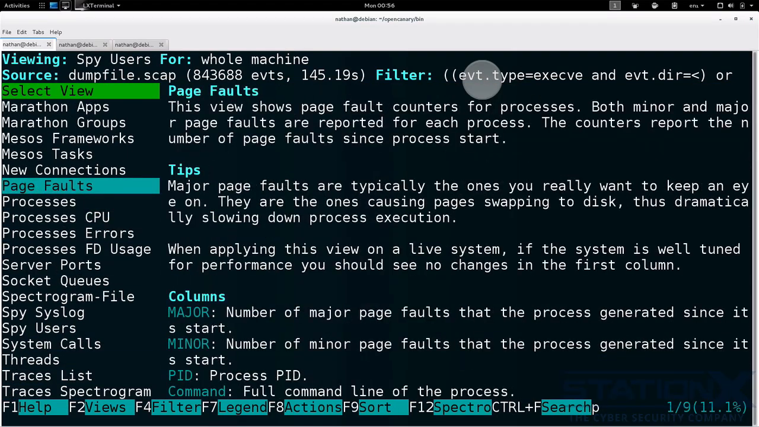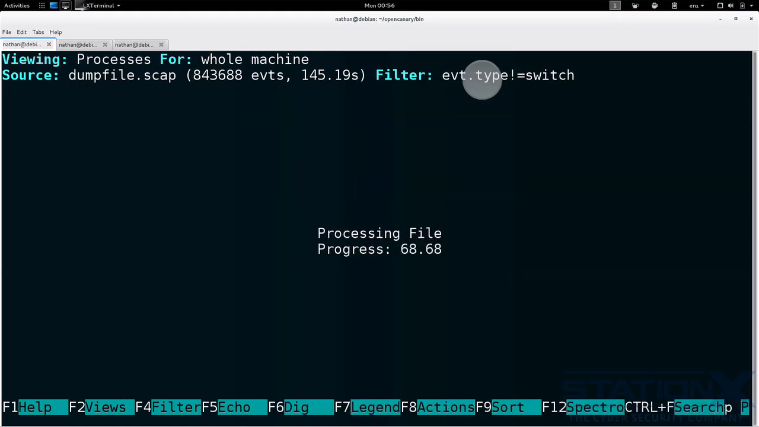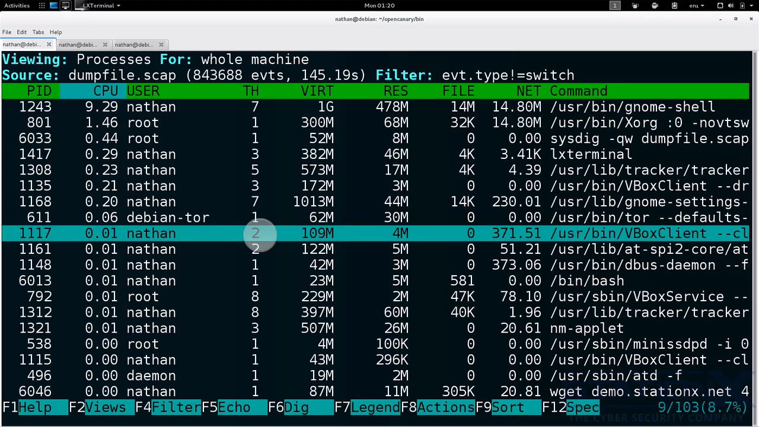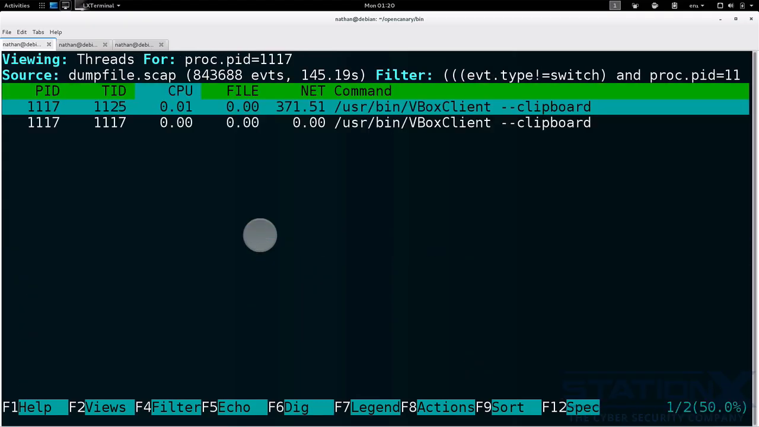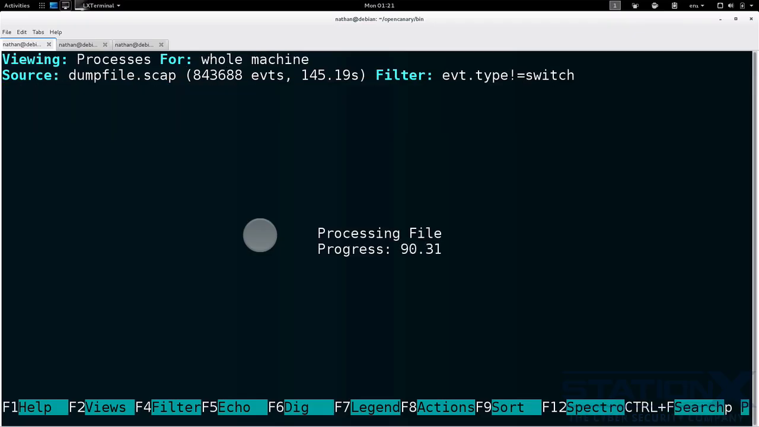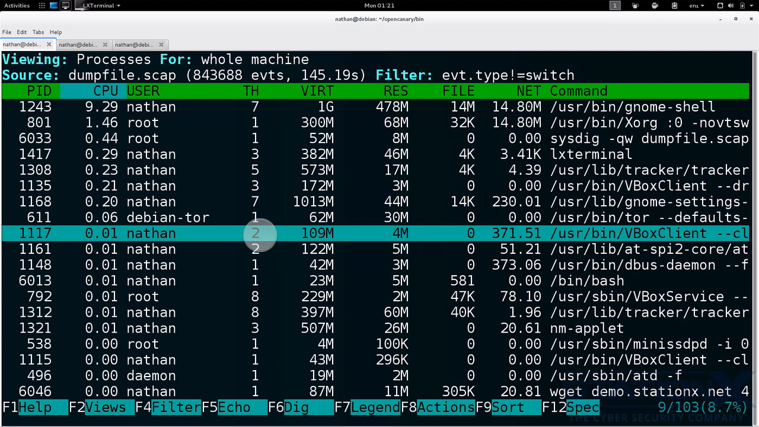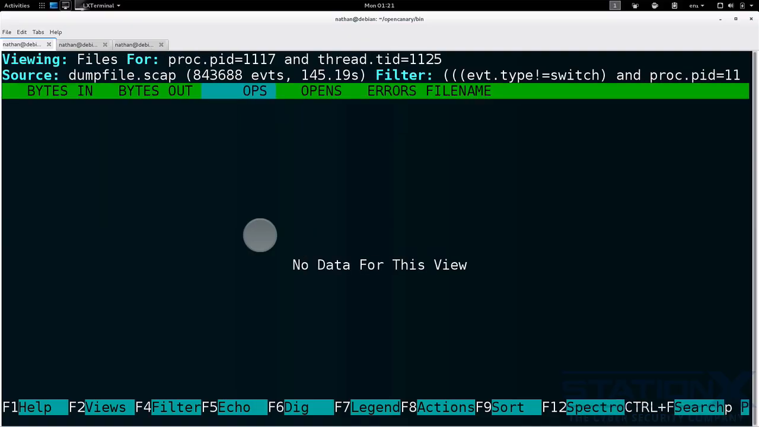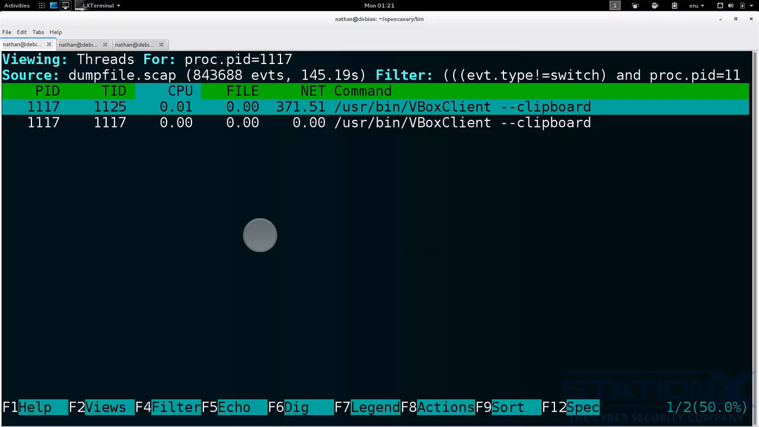So let's go back to processes. And if you can see here, we've got the number of threads. So for example, VBBox has got 2 there. So if we press enter, we can see the 2 threads there. Wherever you are, you can drill down into a selection by pressing enter, and you can navigate back by pressing the backspace. If we go through enter again, and then press enter again, that thread was actually not doing anything. If we press back again,